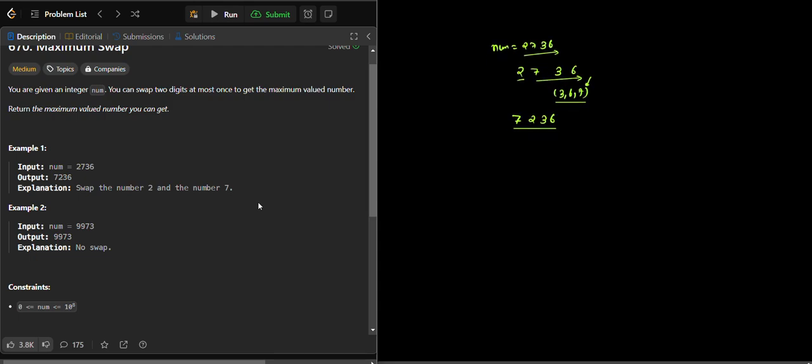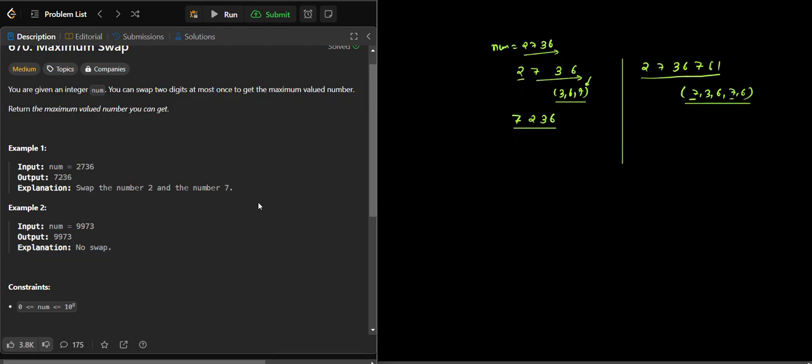Now another case can happen, like 273676. Here in the right-hand side for 2, let's say 1 is there. Now here 73676, all digits are greater than 2. There is one or more possible answer from 7.